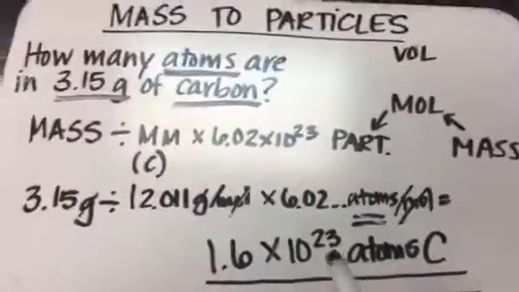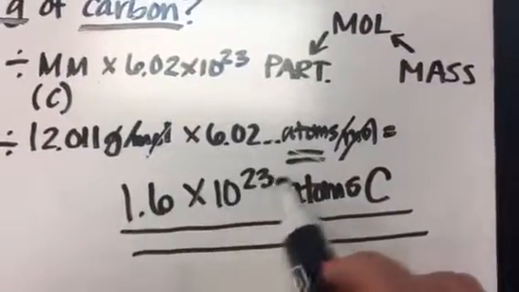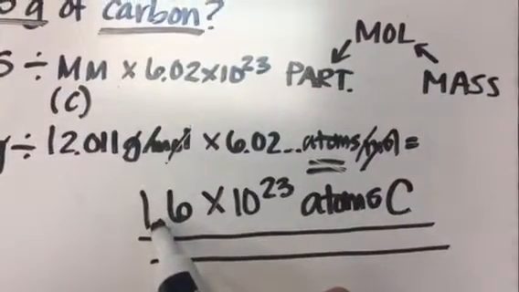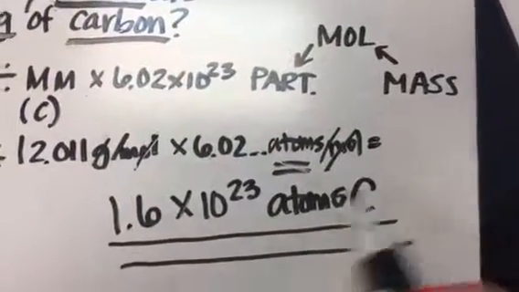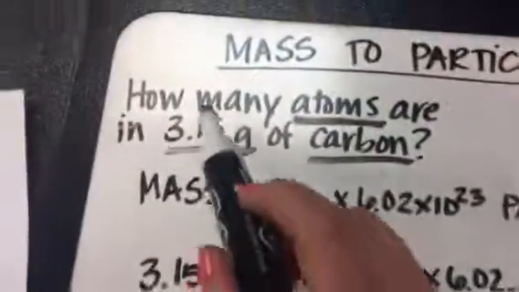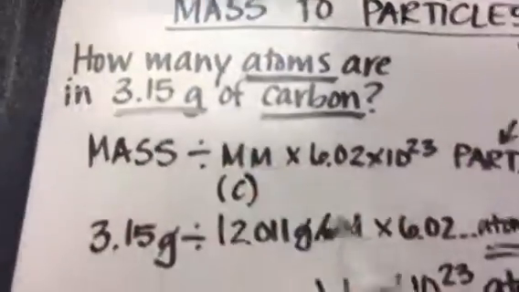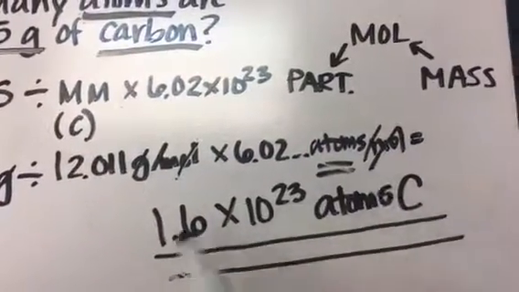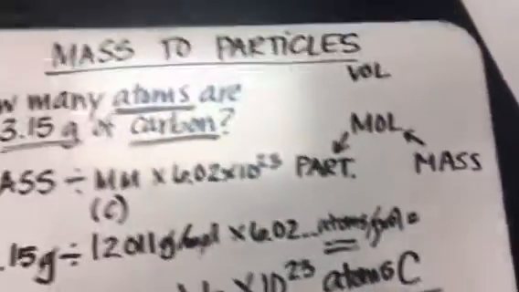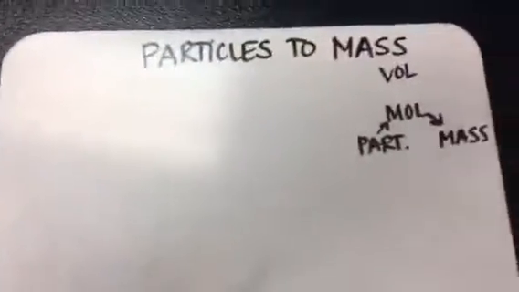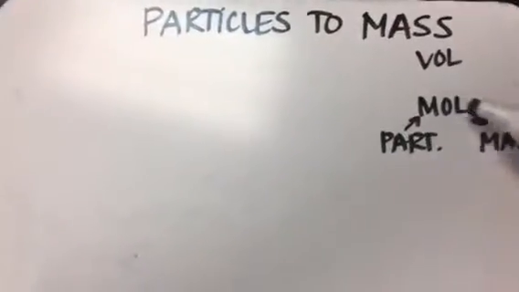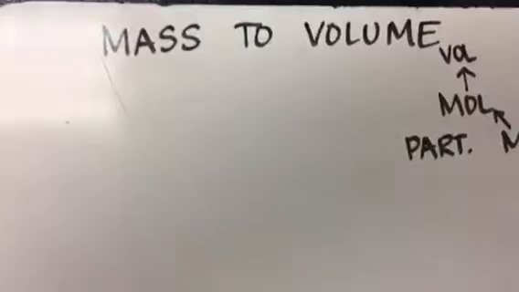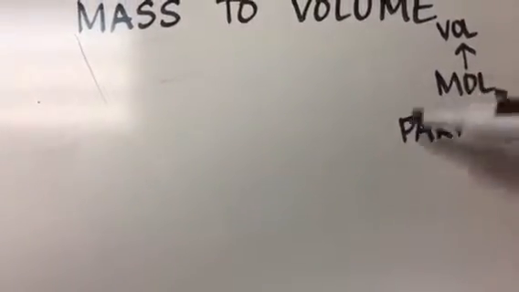Full answer, okay? It makes sense that this is a giant number, guys. Think about this: if I were to move this decimal place over 23 spots to the right, that's how many atoms would be in about 3 grams. That makes sense. I want to have a large number because atoms are very tiny. So in 3 grams, I should have lots and lots of atoms. In the future, we will be going over some of these other kinds: particles to mass, where you would just reverse the process, and mass to volume, where you're not using Avogadro's number. So really, it's just getting used to all